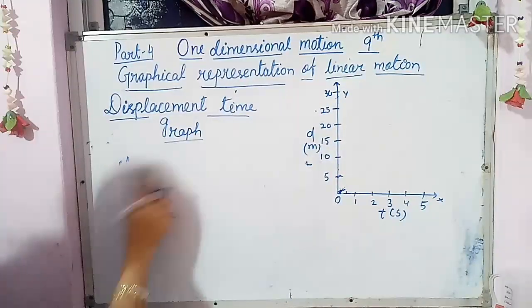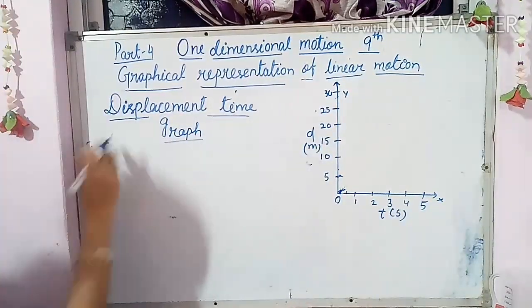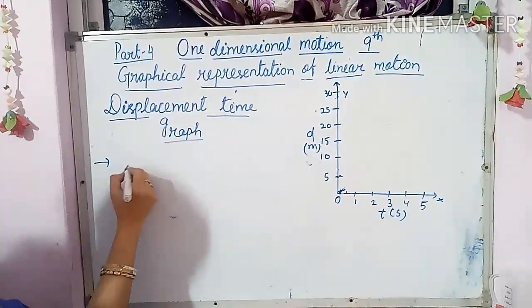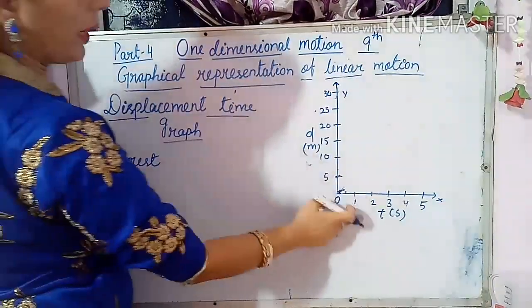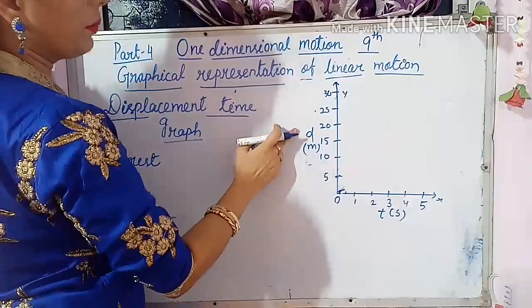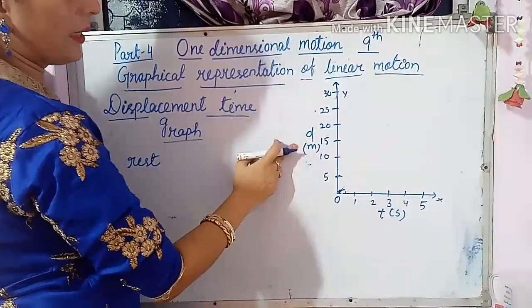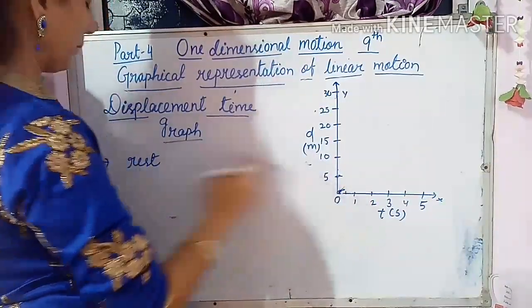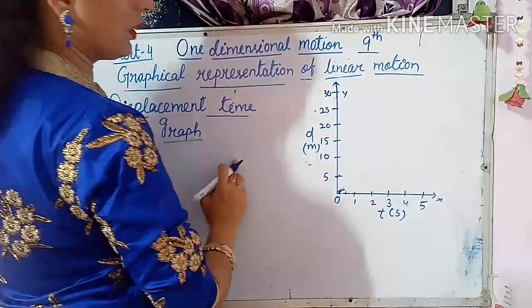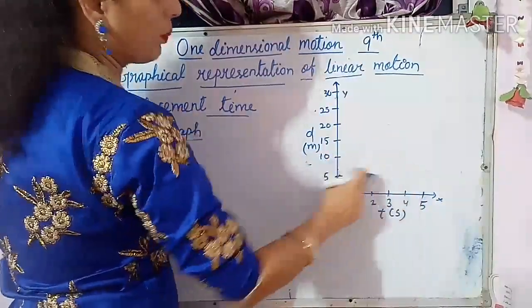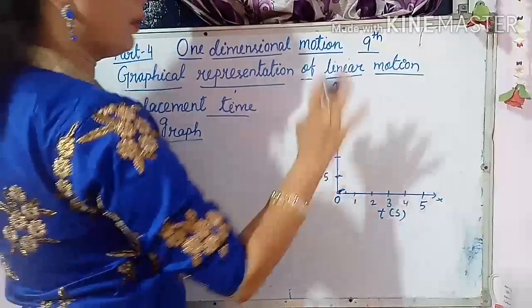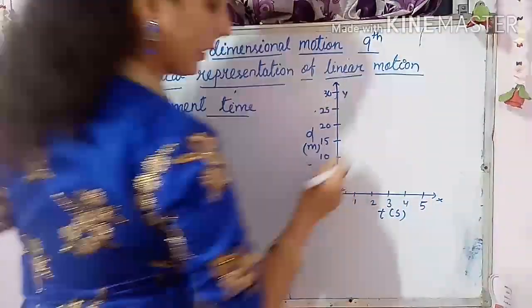I just want to remind you, nothing other than that. The same thing will come. So, body at rest condition. Here in rest condition, you only have to change the distance of that time, right? Now it is the displacement time graph, rest condition. That time I had taken 15. Now you can take 10, 5, 20, 25, anything, but the shape of the graph is like this only.